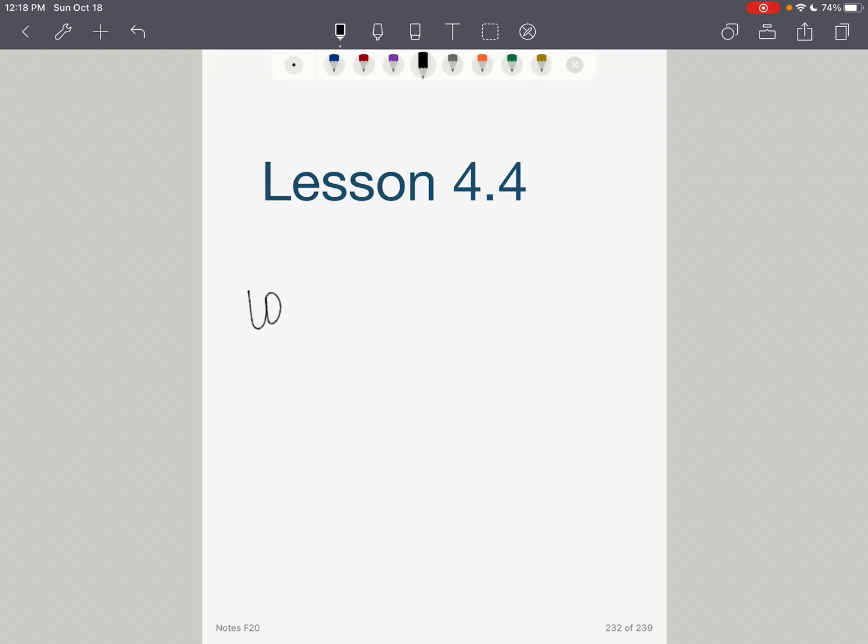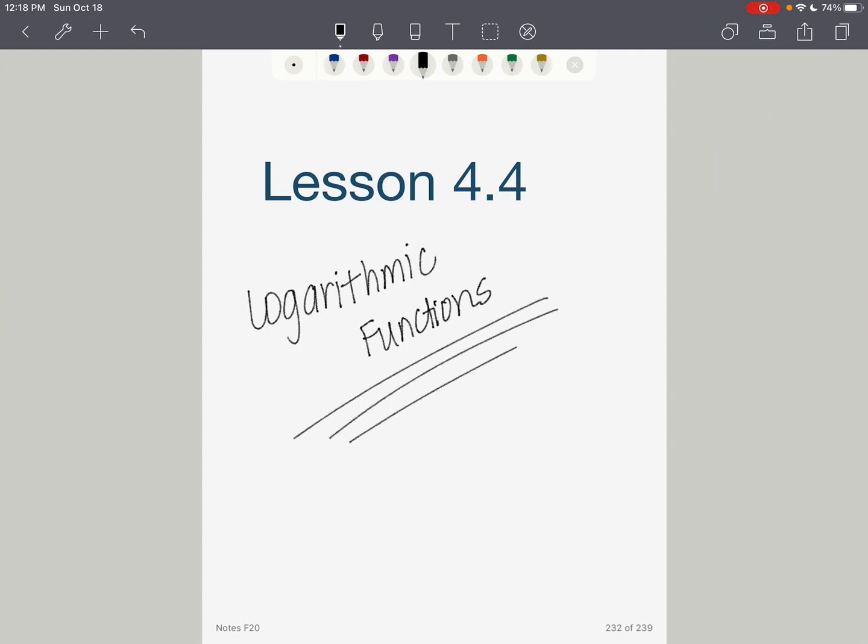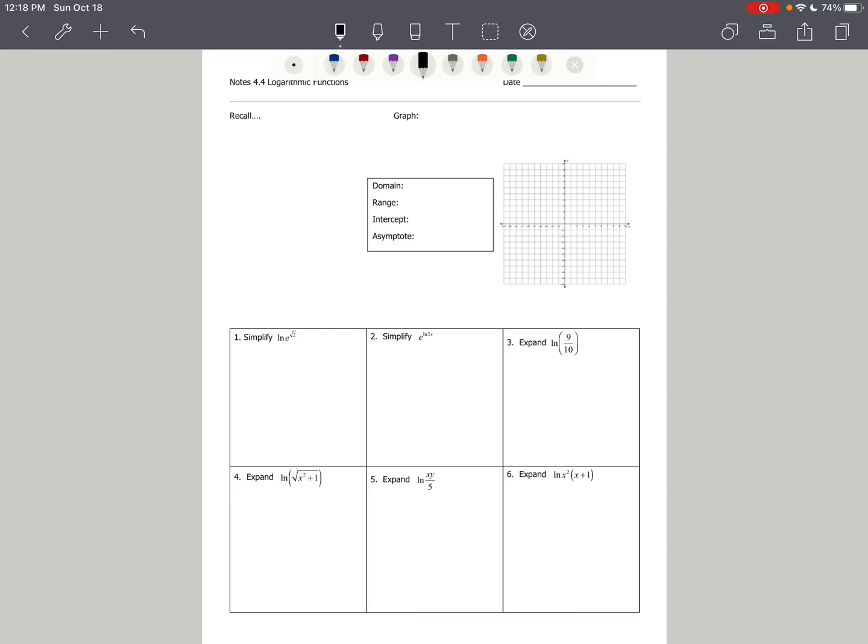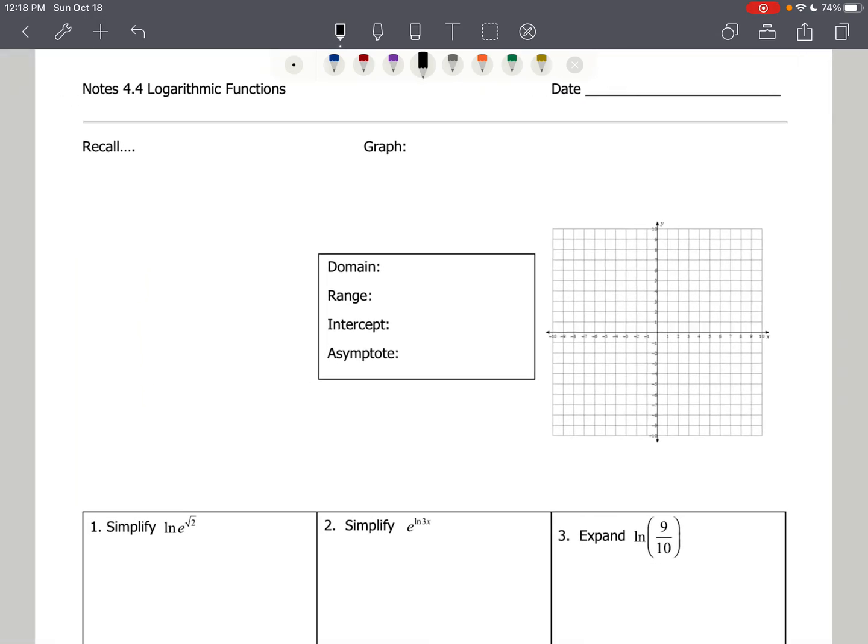We're going to take a break from finding derivatives, and we're going to talk about logarithmic functions. Just like we talked about exponential functions, we're going to talk about logarithmic functions prior to finding derivatives. So let's get started. First, I'd like you to recall that the natural log of x is equal to b